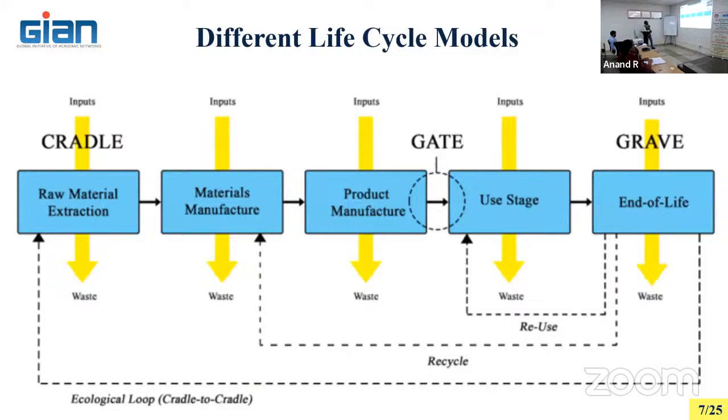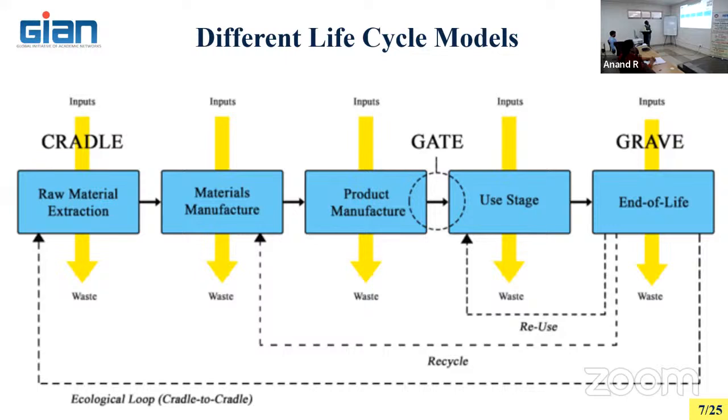So different life cycle models are there. Cradle to the grave: raw material extraction, a lot of inputs you are taking, a lot of outputs also coming out in the form of money, emissions, electricity, everything. Input also, you are going to consume some kind of heat or power. Similarly, here also you are going to consume. The output is going to be the product or heat or the emissions. So there are different steps.